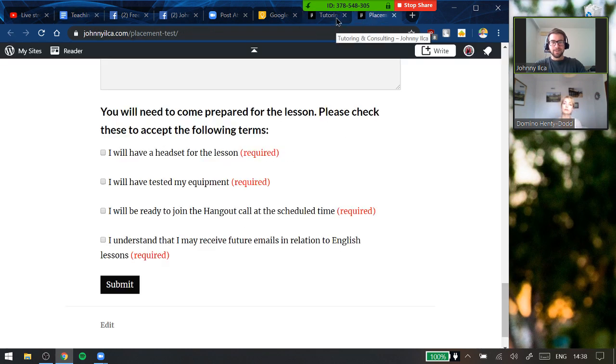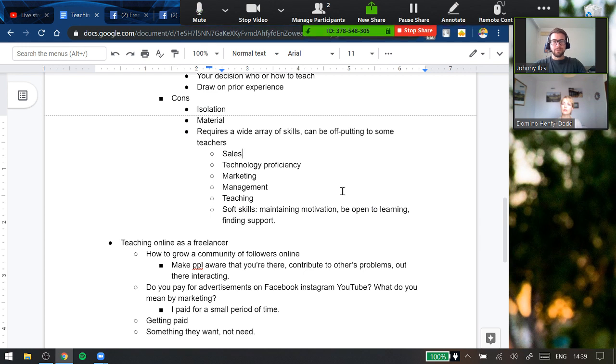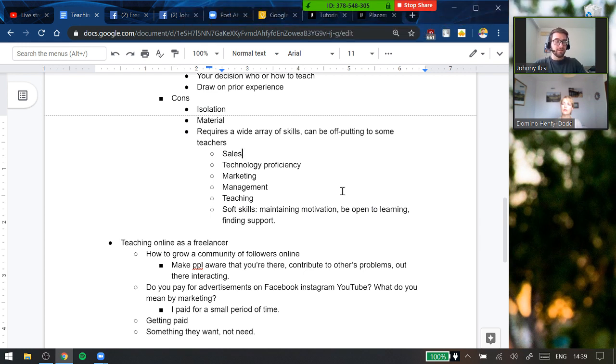So yeah, they do this placement test. The other thing I noticed after doing the ads was that I initially had this placement test in Google Forms, pretty much the same thing but hosted by Google. And the problem with that is I was advertising to Chinese cities like Beijing, and Chinese clients can't really use Google. They have to use a VPN, so they don't have access to that domain, which meant I was wondering why I was getting zero Chinese clients.